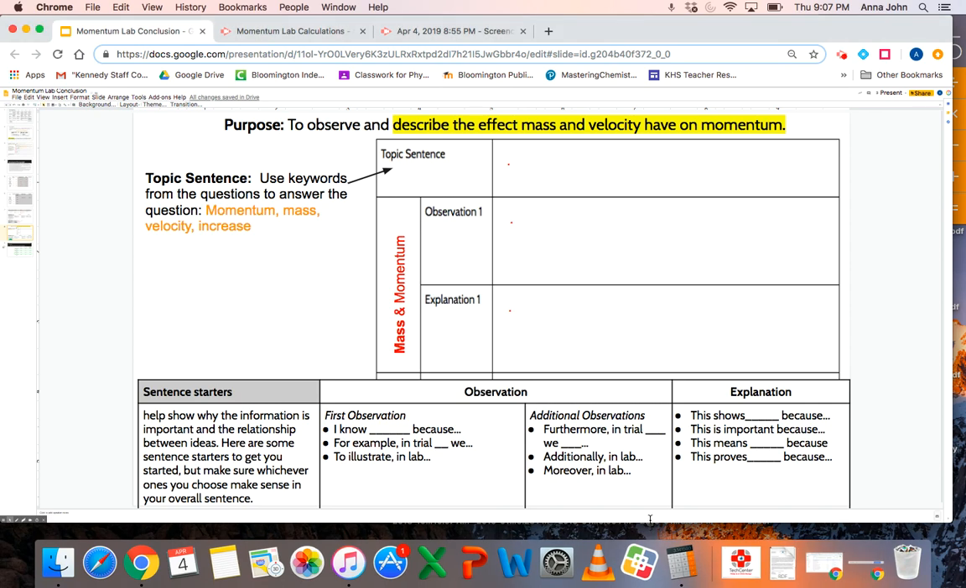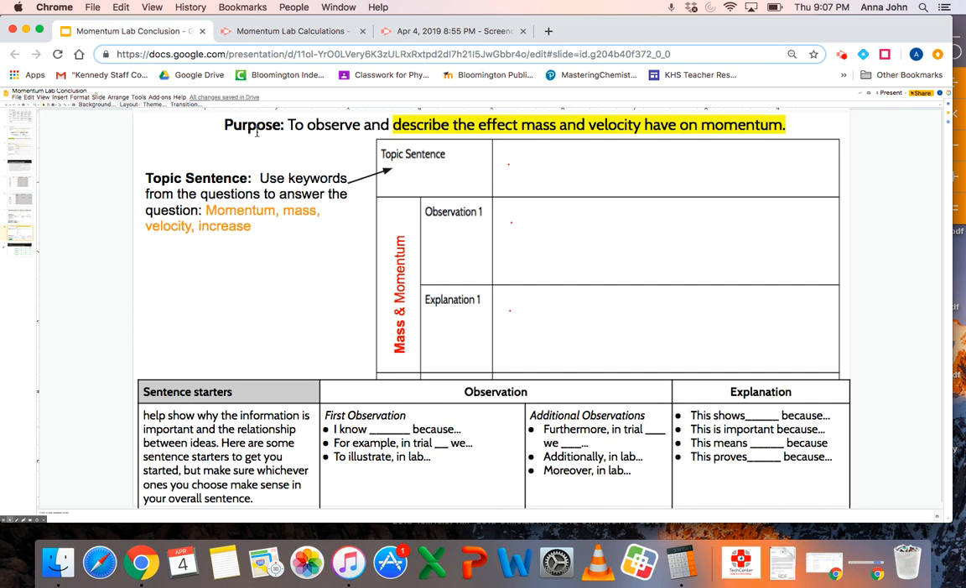Okay, you guys, we're going to put it all together now and we're going to write our paragraph. So remember, we've got a topic sentence and a concluding sentence, and then we're going to do 3 observations and 3 explanations. I'm going to start the first one with you, and then you're going to do 2 and 3 on your own. So as far as the topic sentence goes, we want to make sure that we're answering the